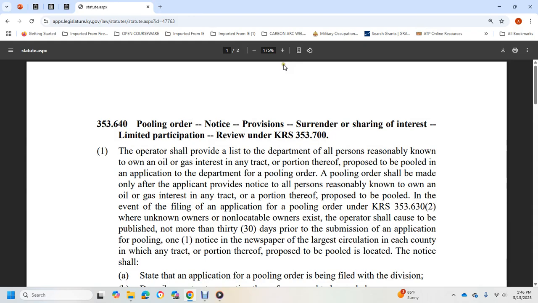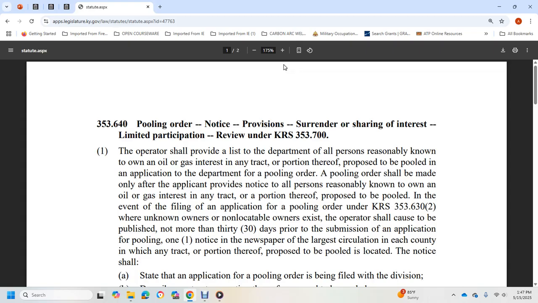353.640, pooling order notice provision, surrendering share of the interest, limited partnership, review under Kentucky Revised Statute 353.700. The operator shall provide a list to the department of all persons reasonably known to have oil and gas interests in the tract, or any tract or portion of the proposed pool in the application. The department's pooling order should be made only after the applicant has provided notice to all persons reasonably known to have oil and gas interests in any of the tracts or portions proposed to be pooled,